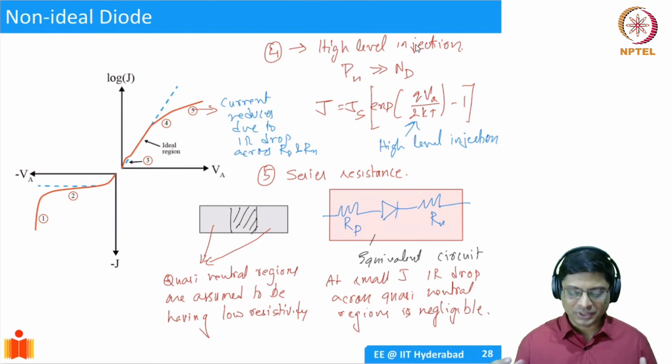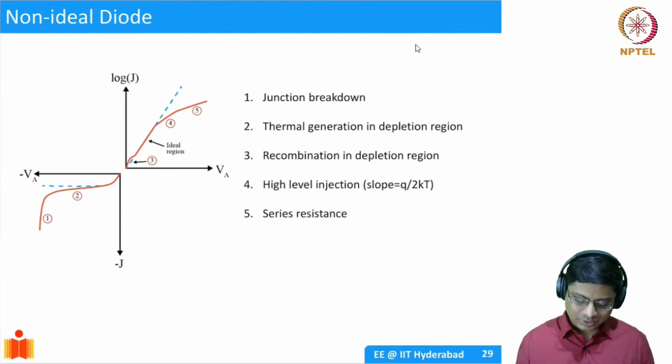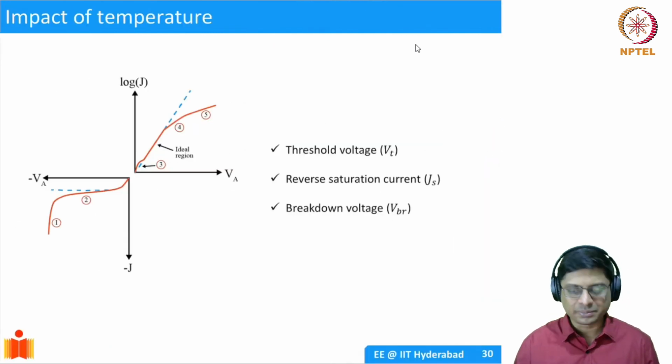So as part of the foundation course, I just wanted to tell you the ideal diode behavior, which we have done most of the time, but we just took 20 minutes to analyze what happens, what the different non-idealities are that are present. So to sum up, these are the non-idealities which I've already written down. You can just go through it one more time.